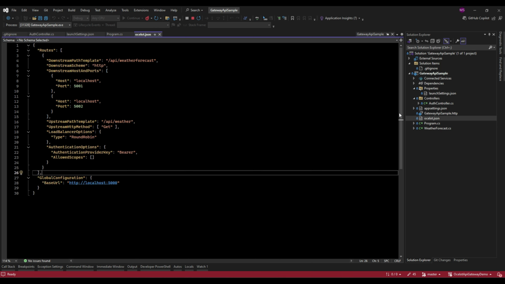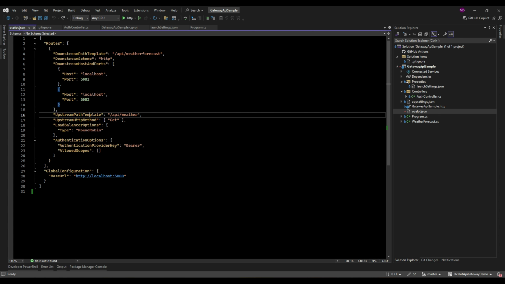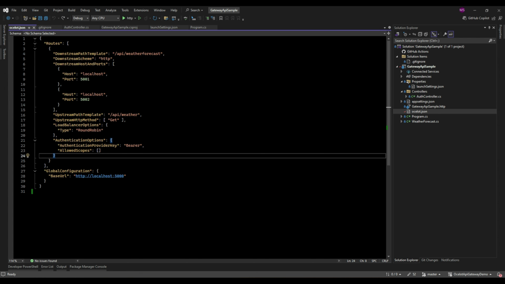We will add this feature to our Ocelot.json configuration in Gateway API sample project and test it again with Postman. So let's do it. Alright, we've just finished testing the routing, authentication, authorization, and load balancing setup in Postman. Now it's time to extend our API Gateway sample project by implementing rate limiting in Ocelot. This will allow us to control how many requests a client can make within a specific time period. Let's open up our Ocelot.json file and start making the necessary changes.